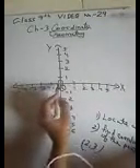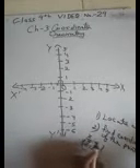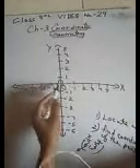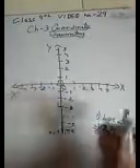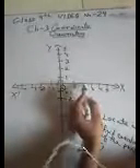Keep it in mind. See, the first number is the value of x. This first number is called x, and this second is the y. Let's locate this first. Now to locate this 2, where is 2 on the x-axis? Here it is.